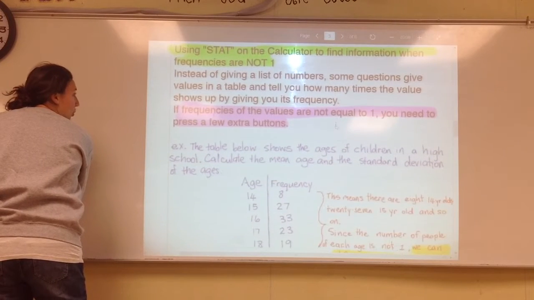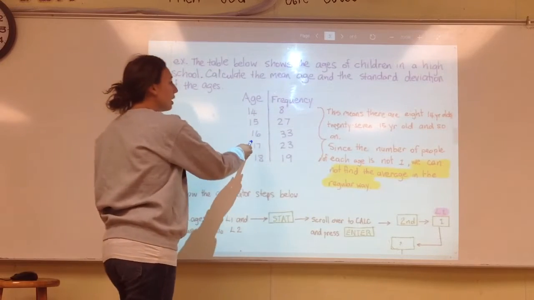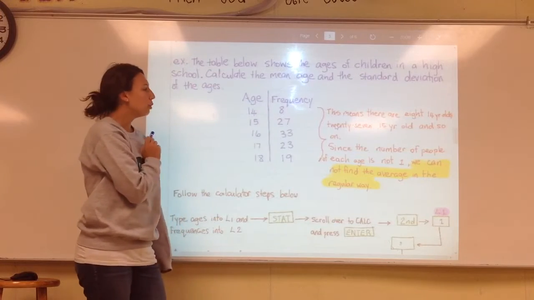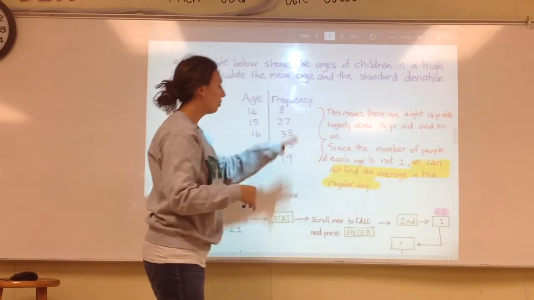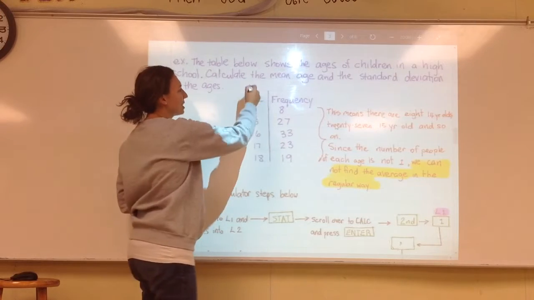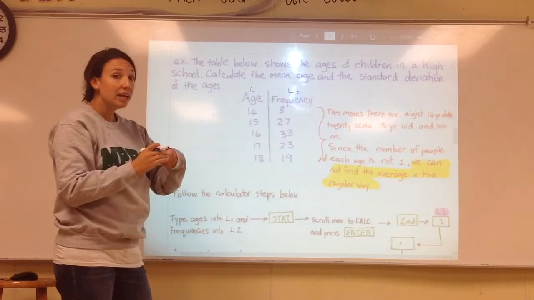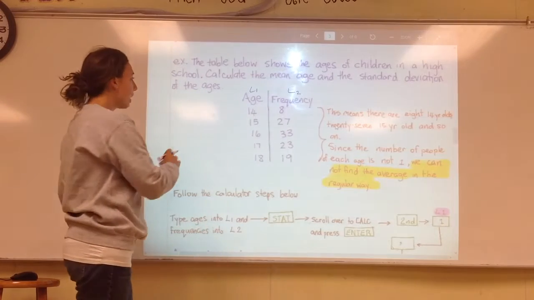Alright, so sometimes we have frequencies. A lot of times you will get a table that looks like this. What this means is you had 8 kids who were 14 years old. You don't want to have to type 14 in 8 times. So when we have a frequency list on our calculator, we're going to put this guy in L1 and this guy in L2. Okay? Then when we ask it to find one var stats,